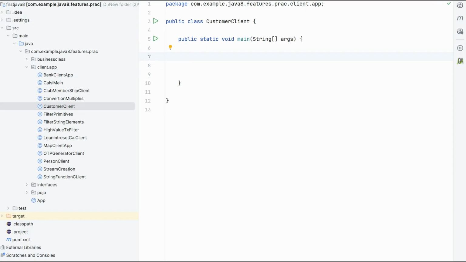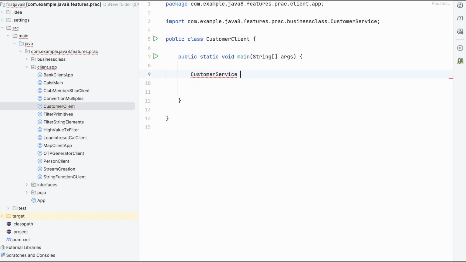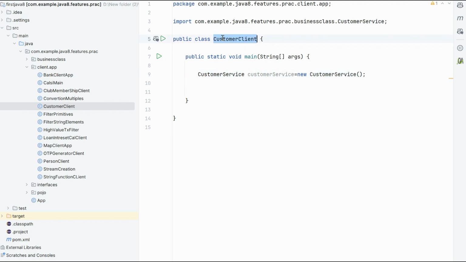We will be creating the customer service object in the main method, so that we can make a call to the customer service methods. Customer service equals new customer service. We have injected the customer service in the customer client. Now we have to